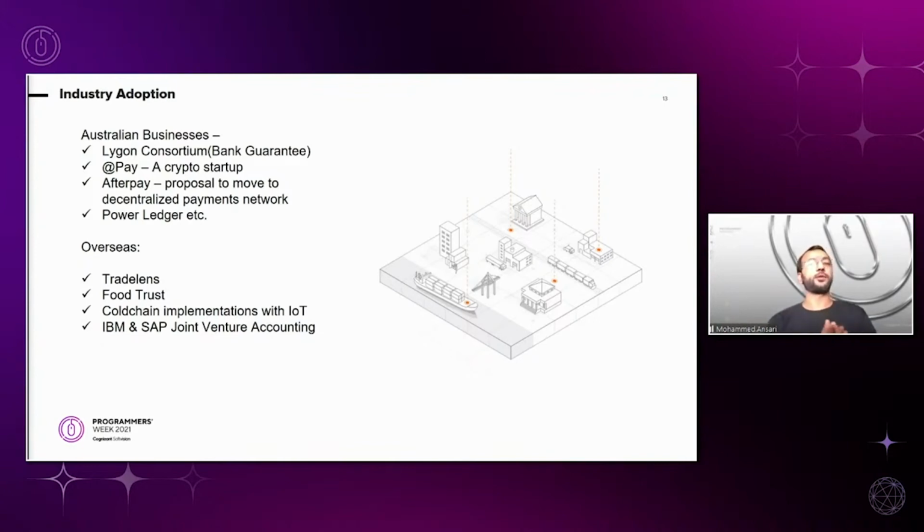Now, if you talk in terms of international projects, you have TradeLens. It's an open and neutral supply chain platform underpinned by blockchain technology. It was built by IBM in collaboration with Maersk. You have Food Trust Blockchain, which is an entire system built by IBM in which you could basically track the items that you're eating on a dinner table, for example, which farm it came from.